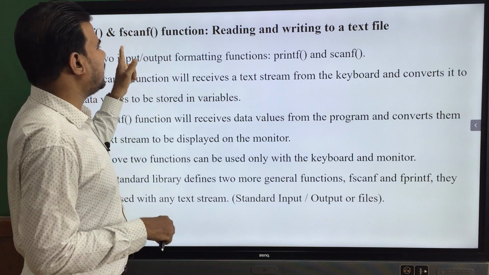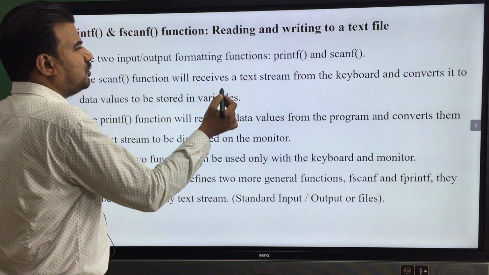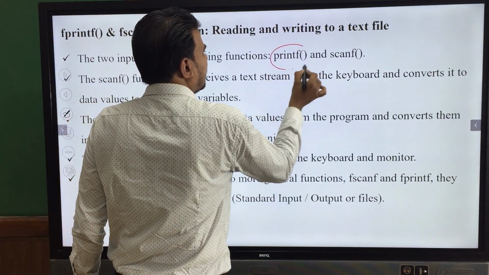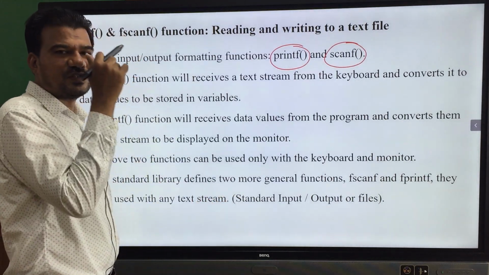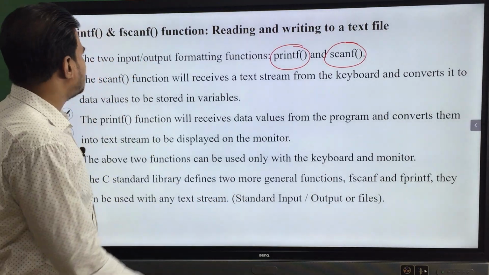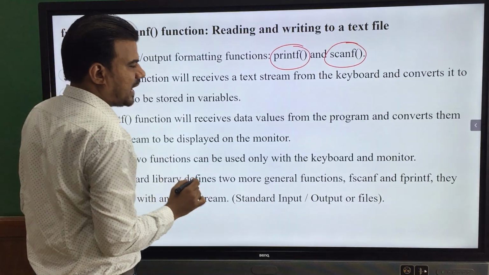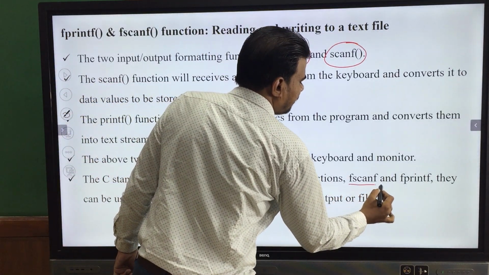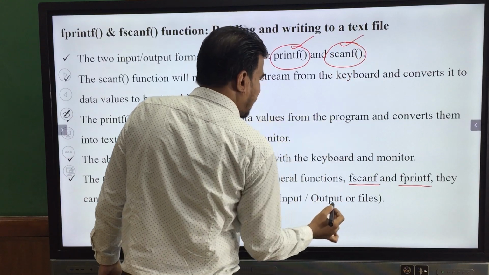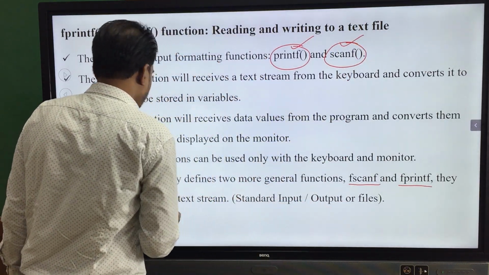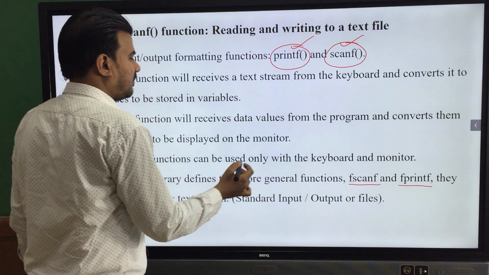Using printf and scanf, we can communicate only with the keyboard and output screen, scanf for keyboard and printf for output screen. But using fprintf and fscanf, not only these two, but we can also interact with a text stream, that is nothing but the file.